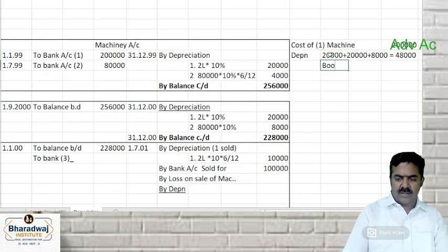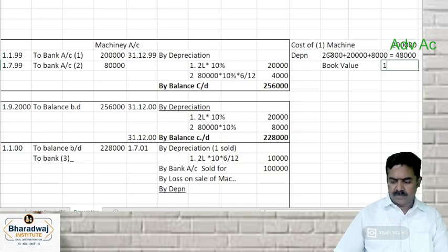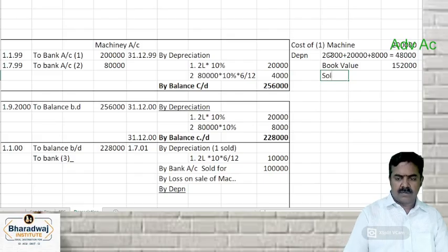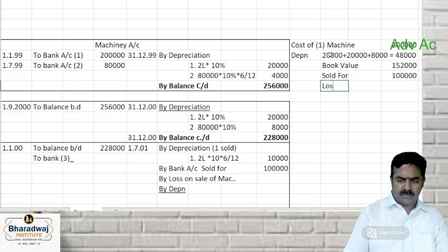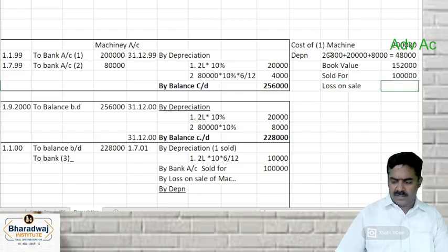What is the book value? Which is sold for, what will be the loss on sale? 52,000. Then